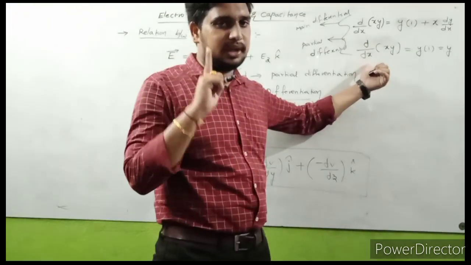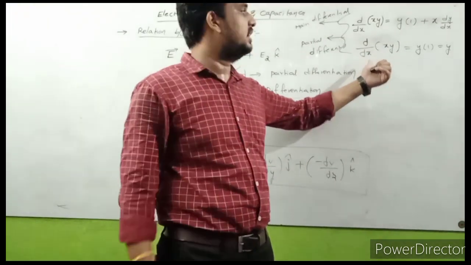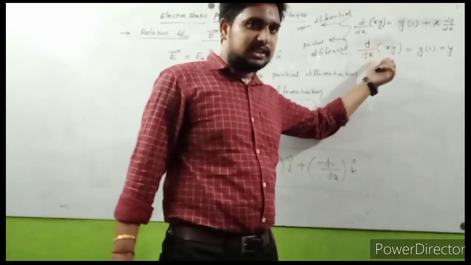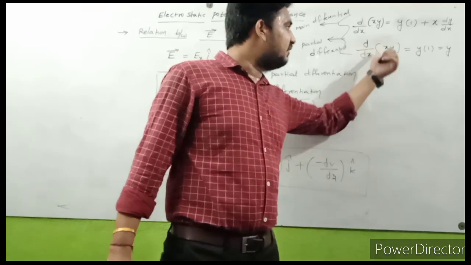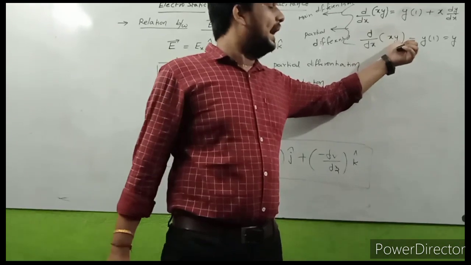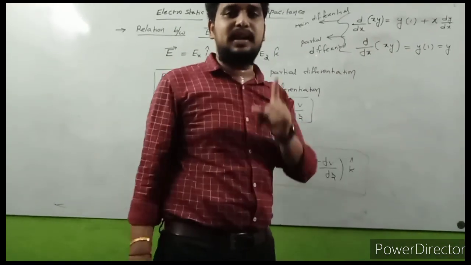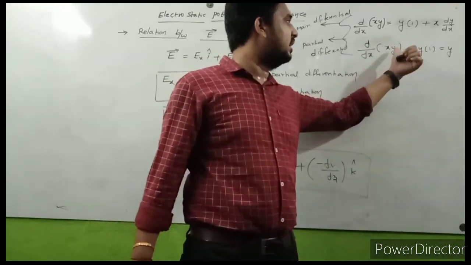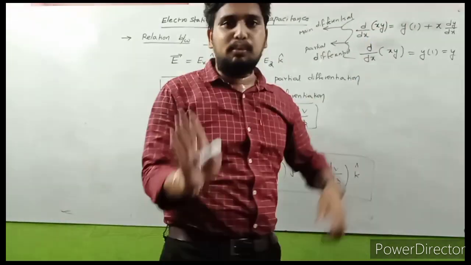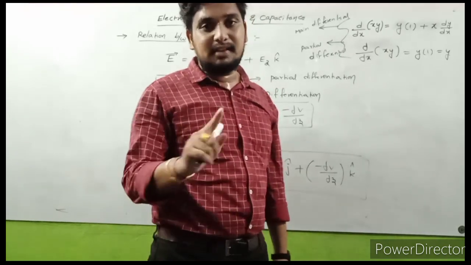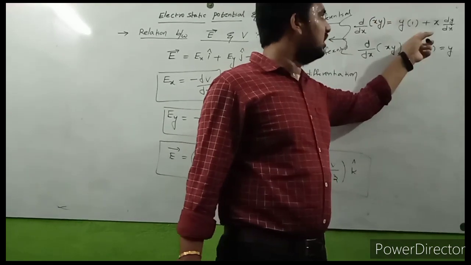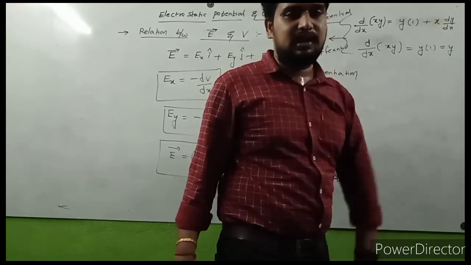Again, I repeat the sentence, observe carefully. For partial differentiation, we are differentiating with respect to x. That means we differentiate that x value only, and all remaining parameters are treated as constants. That means y is constant here, and differentiation of x is 1. But in general differentiation, x and y both are variables. First we consider y as a constant, differentiation of x is 1, and then x as a constant, differentiation of y is dy by dx.